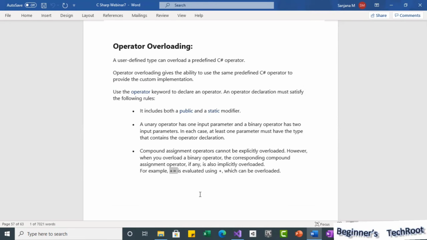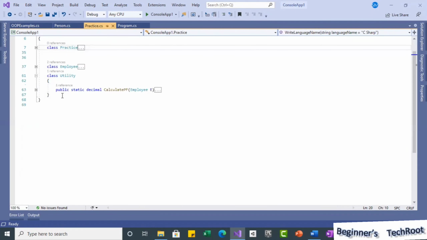But when you define it for plus, the compound assignment operator plus equal to is automatically, implicitly overloaded, so when you use plus equal to, the same implementation you defined for plus will happen for plus equal to. I will add one more